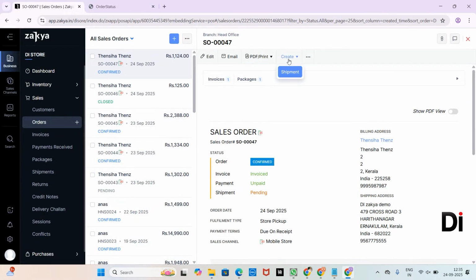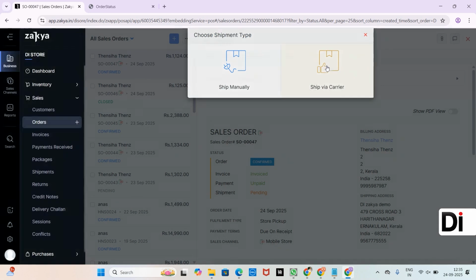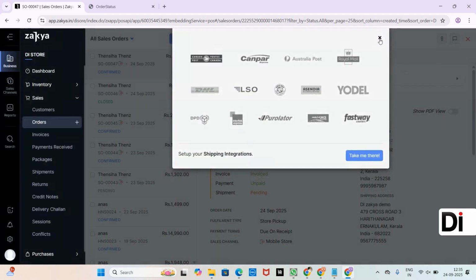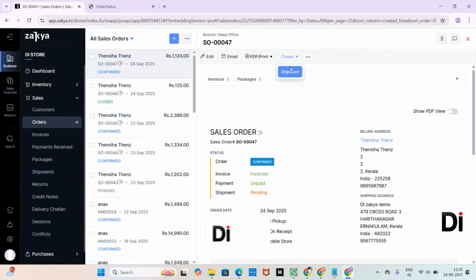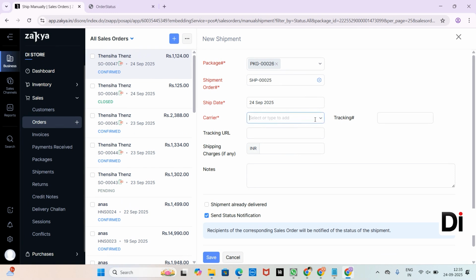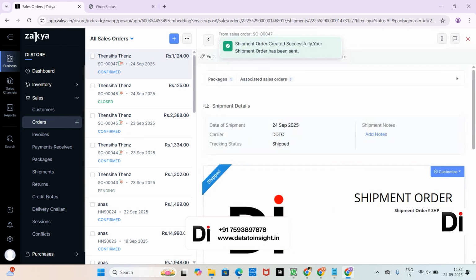Next, after packing up, I am making the shipment. So here there are two ways of shipment: ship via carrier, and all this can be integrated with Zakya. So here I am shipping it manually. You have to choose the carrier. You can provide the tracking ID if any. Then you can send the status notification to the customer. So once I have saved this,